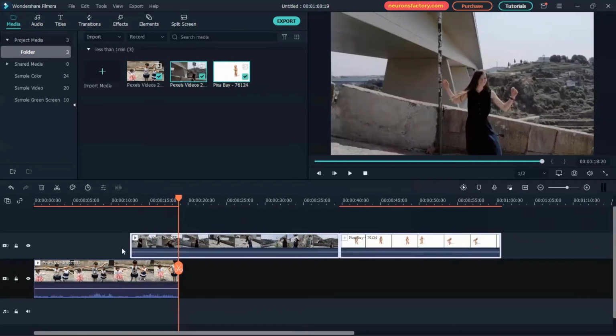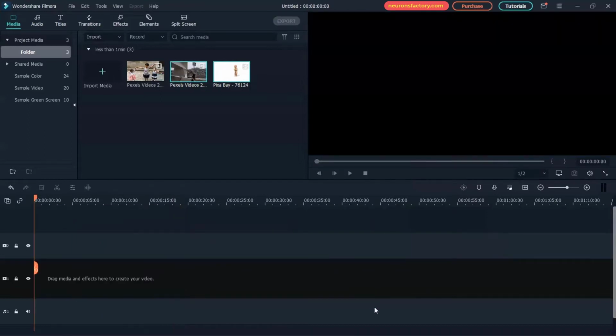You can marquee select the clips in the timeline and then press delete to remove them from the timeline. You have to choose this option wisely, as you might be adding a slow-mo footage shot at a higher frame rate. In such cases, you should not match the settings. Also, when you are adding an image, you should not match the settings with the image's resolution. It's a good idea to verify your project settings before you match any footage.